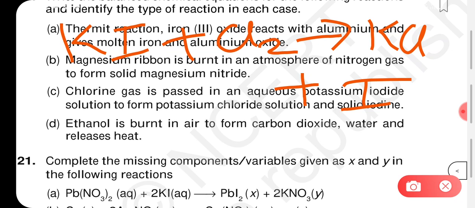Okay, so on the aqueous solution of potassium iodide, chlorine gas is passed, what is formed? Potassium iodide is in the aqueous form. Okay, when the chlorine gas is passed over it, what is happening? Chlorine is displacing this iodine and taking its place. Okay, and it gives you KCl. Iodine is removed. Fine, so we can call this a displacement reaction. Okay, next thing, you have to balance the equation. Just see here, chlorine is 2 in number, 2 atoms of chlorine are there in our reactant.